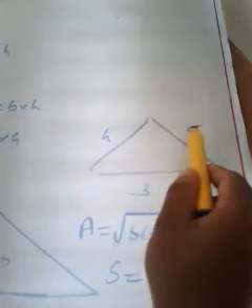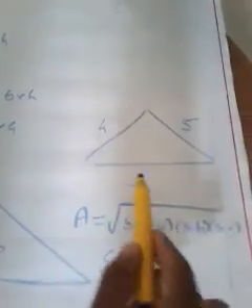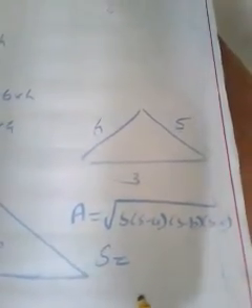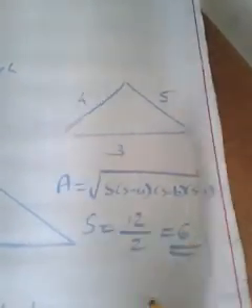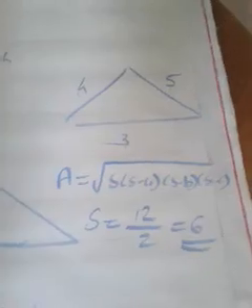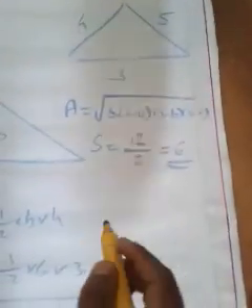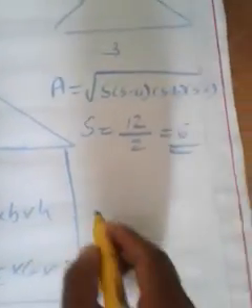Add all the sides. 5 plus 4 is 9, 9 plus 3 is 12. So s is nothing but 12 by 2, which is 6. Semi-perimeter: take the half of the perimeter. So here it is 6, isn't it? And now, since we have calculated the value of s, you can easily calculate the